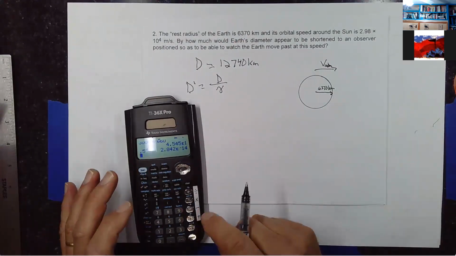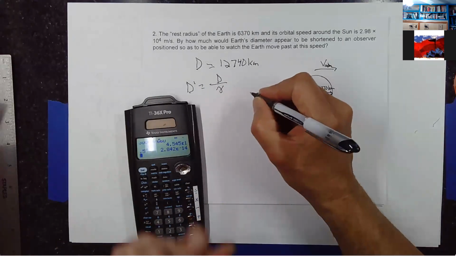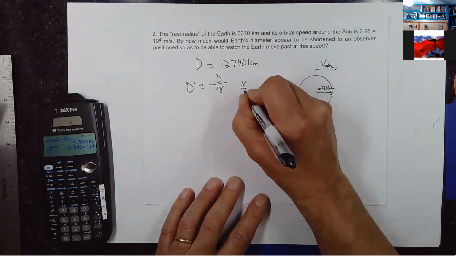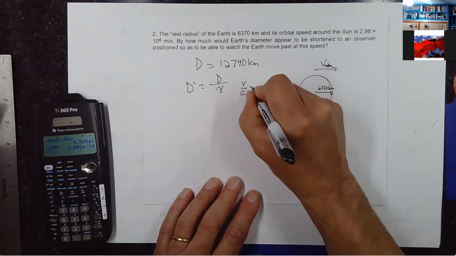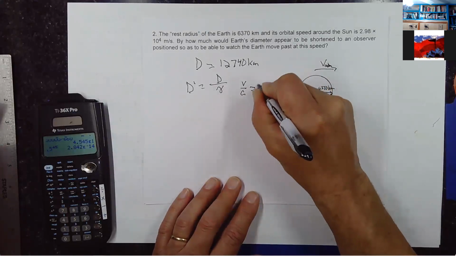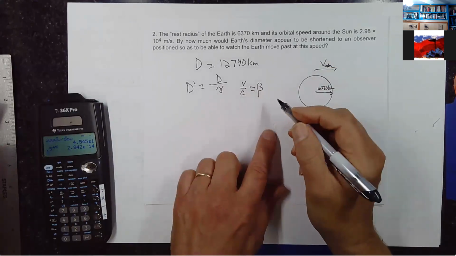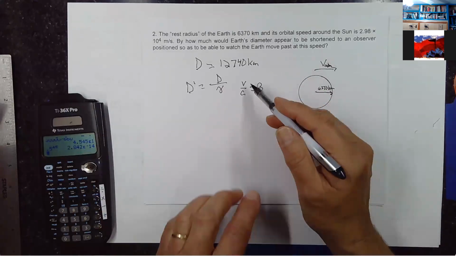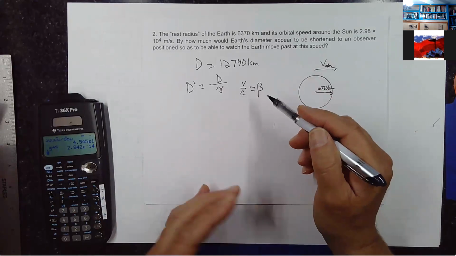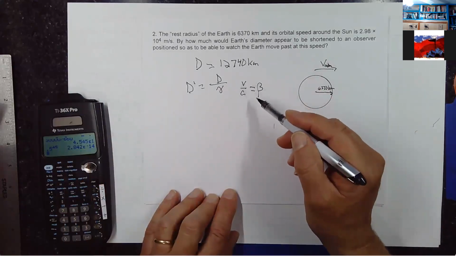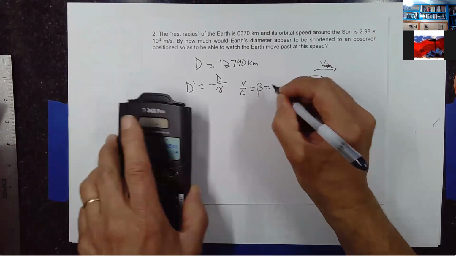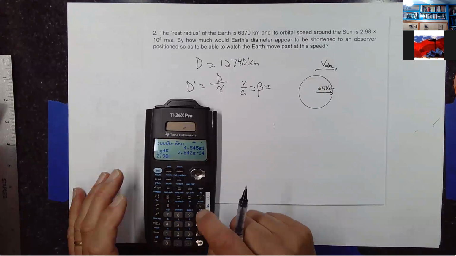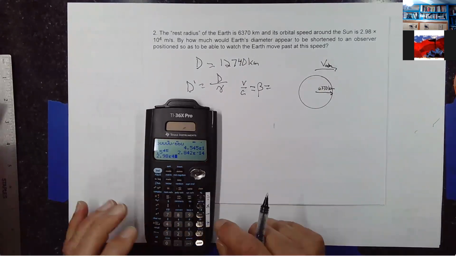Oh, let me show you something that I haven't brought up yet. V over C is often given a shorthand notation of just the Greek letter beta. And in special relativity, beta is just going to stand for that particular calculation. It's the fraction of the speed of light that something is going. Well, in this case, if I take the 2.98 times 10 to the fourth and divide by